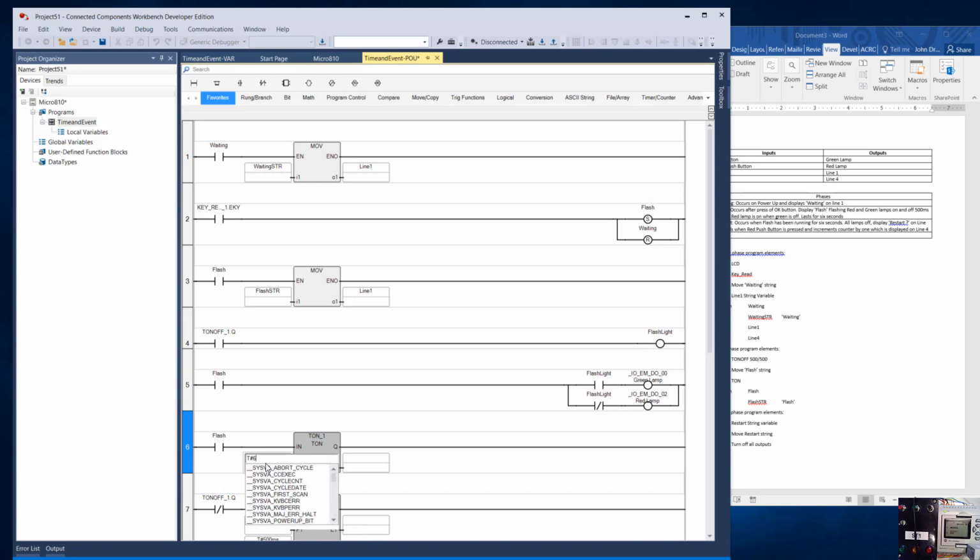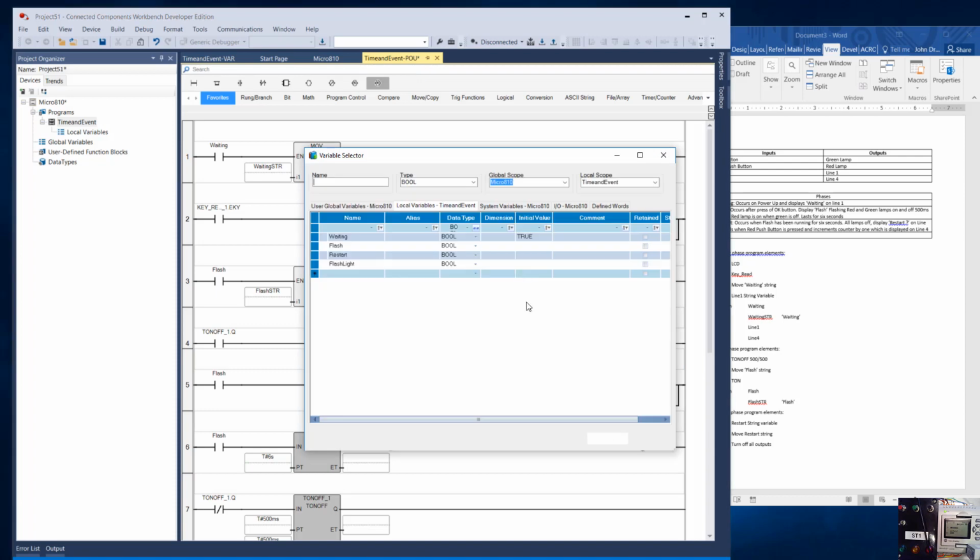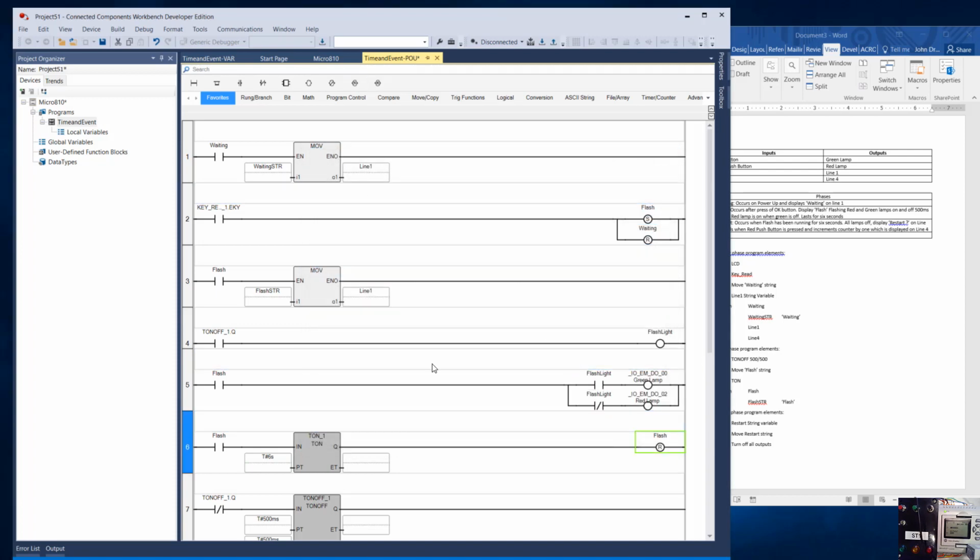Okay, and once that 6 seconds has elapsed, after flash has been true for 6 seconds, then I want to reset flash. That's the end of my flash phase. And so if I'm moving out of flash, that means I'm going into a new phase. Oops, I need to bring the branch first. So I'm going to bring a branch down and then set